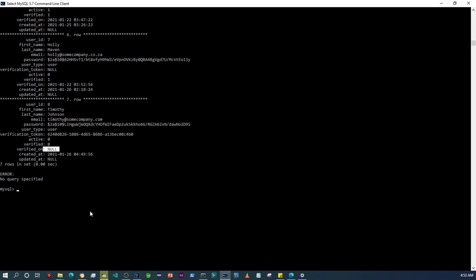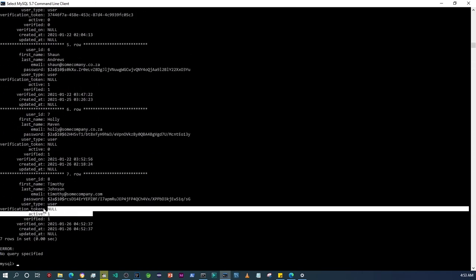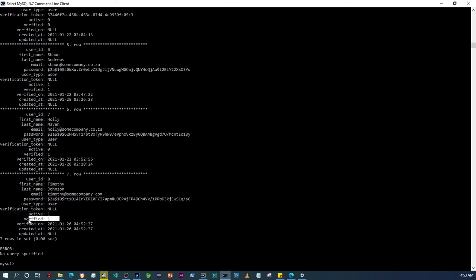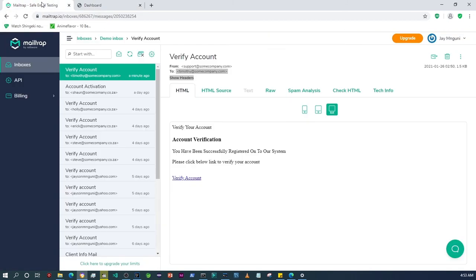So now if we refresh the database, now there's no longer a verification token, and the account is active and verified, and that's the verification date. So now if we go back to Mailtrap, for example, remember the verification token I told you about. If we click on that link there,